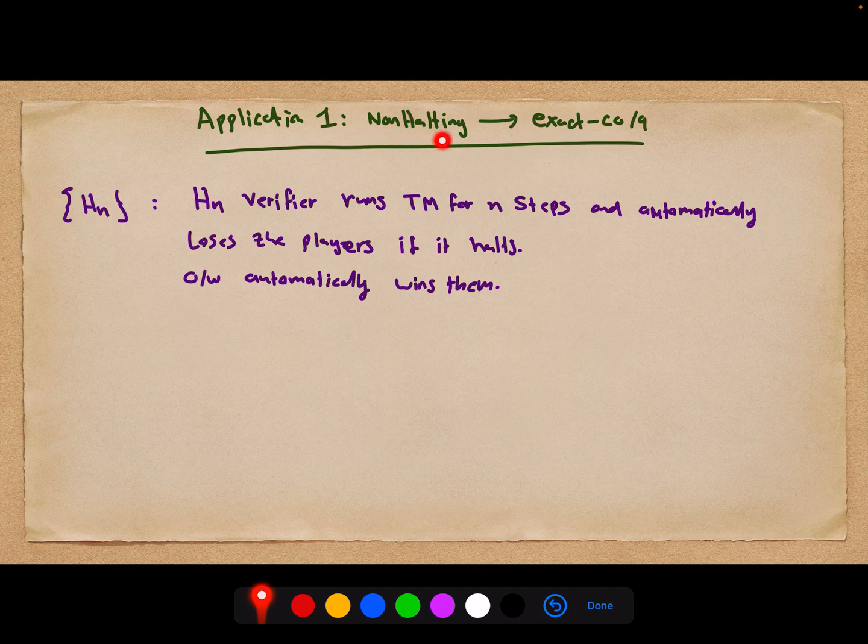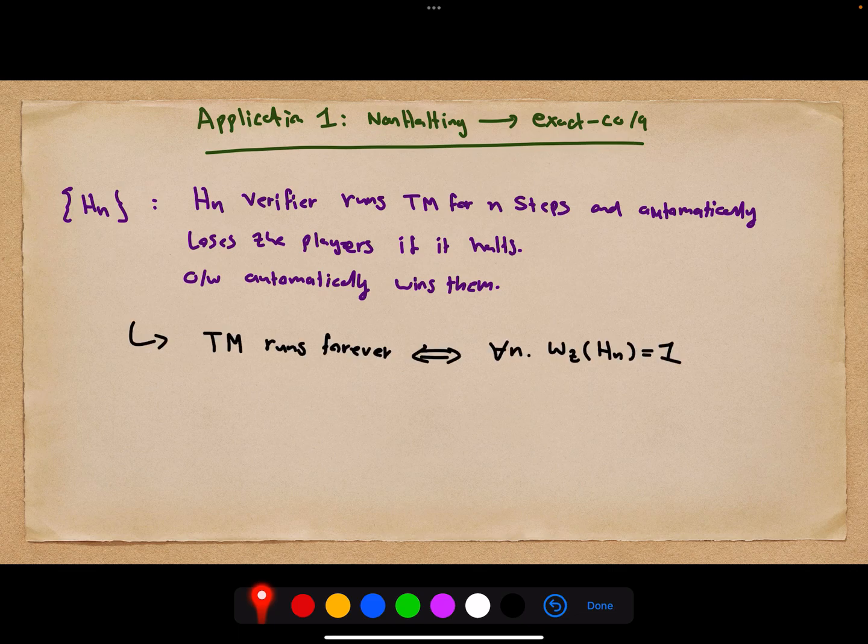Now, if our Turing machine never halts on the input x, then for every single n, this game Hn will automatically win, since it never halts in any n steps. Therefore, if our Turing machine on a given input x is non-halting, then every single game in this family has a value 1. But if it does halt, for example, after k steps, then Hk+1, and every subsequent game will have a value that's 0, quantum or commuting operator, because the verifier does not actually play the game.